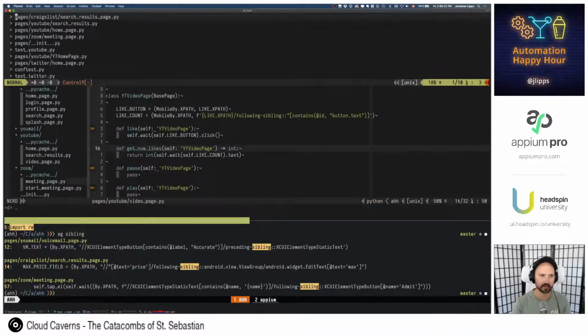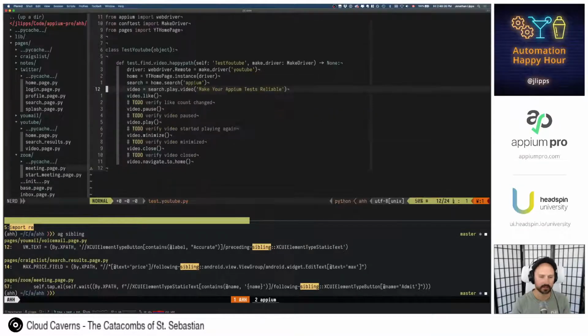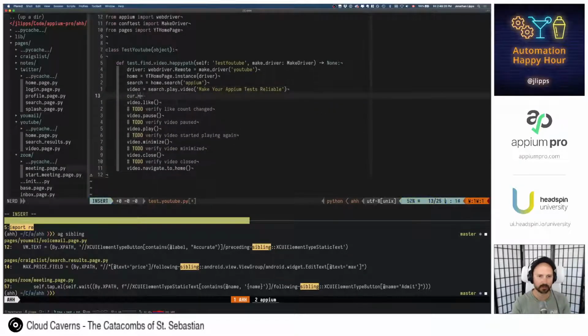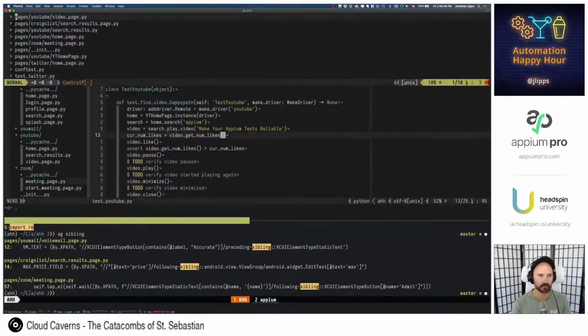We can go back and update our test to say current num likes equals video dot get num likes, video dot like, and now we can say assert video dot get num likes is greater than current num likes. Cool. I like when we can do that as we go along.